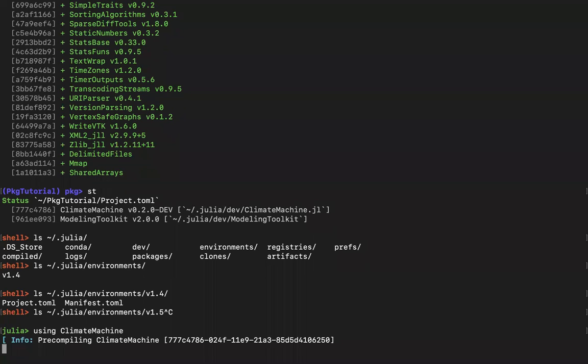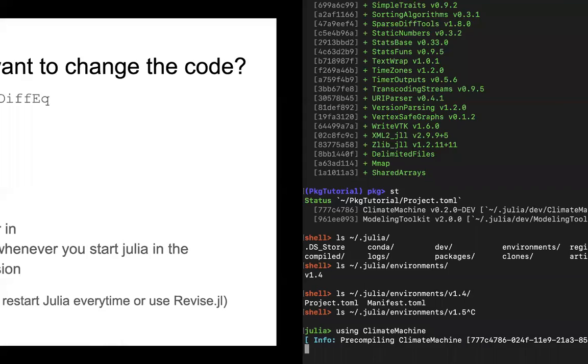You have to restart Julia. But there is a workaround for it. There is a package called revise.jl that is very helpful. It is the hot loader of Julia. So even if you have an active session, you can do using revise. Then you have to do using any other module, and then you can change anything you want, and it will be reflected in the current session. Okay.